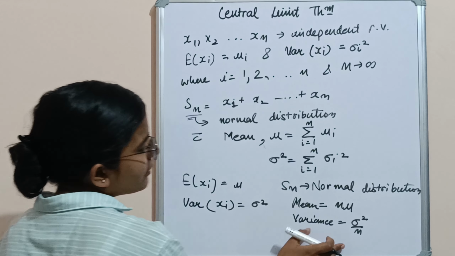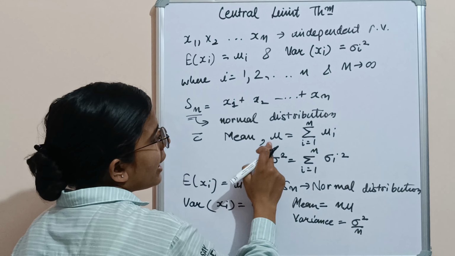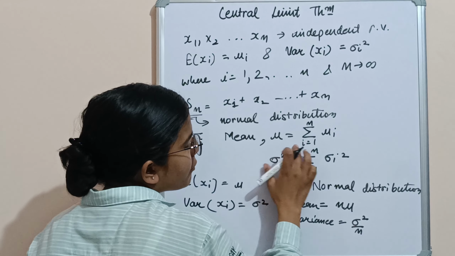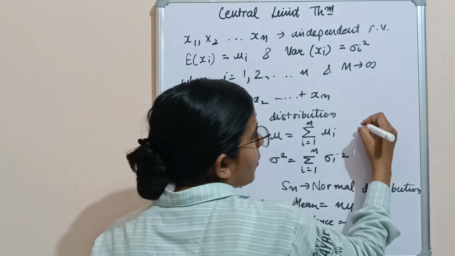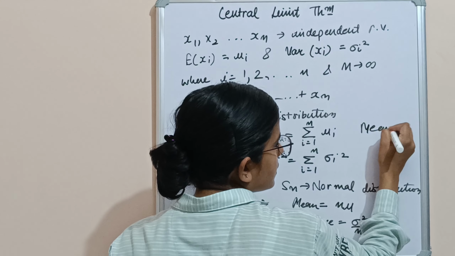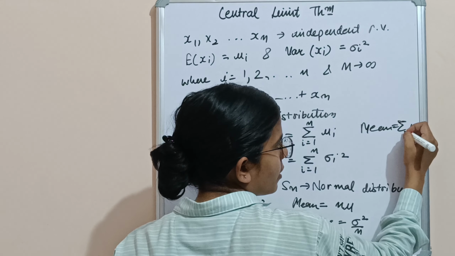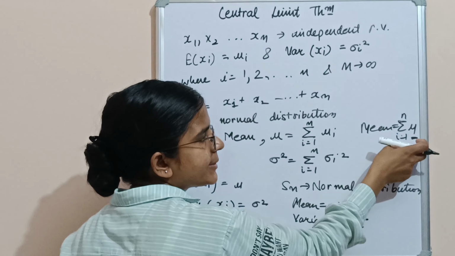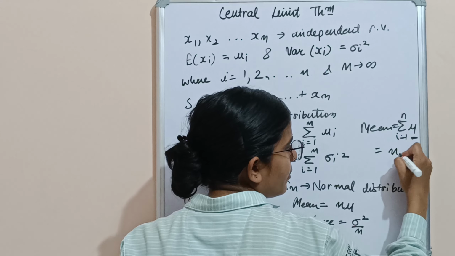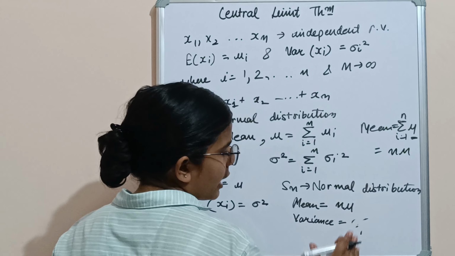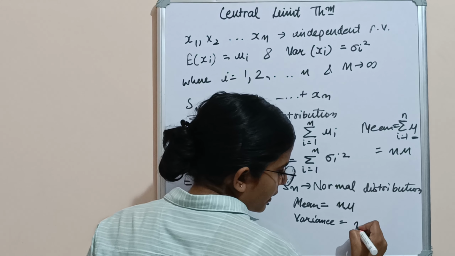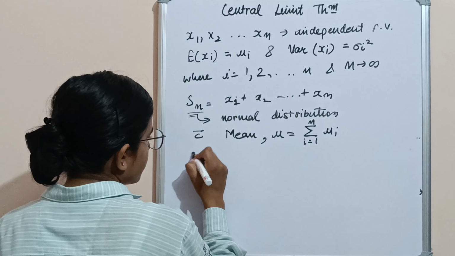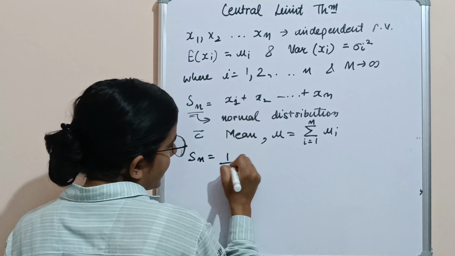Now, how are these derived? If we do the summation of this, our mean will be summation of mu, with i equals 1 to n, and every mean value is mu only, so this will be equal to n mu, and similarly our variance will be equal to n sigma square. If Sn equals 1 by n times